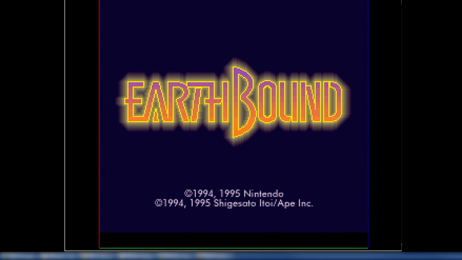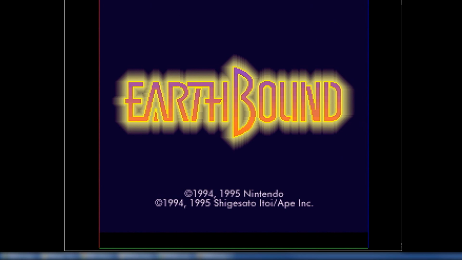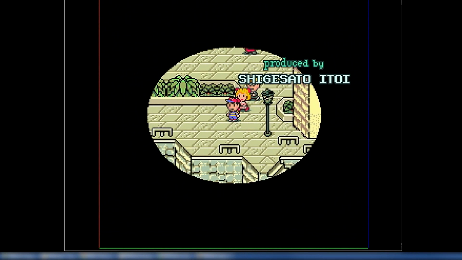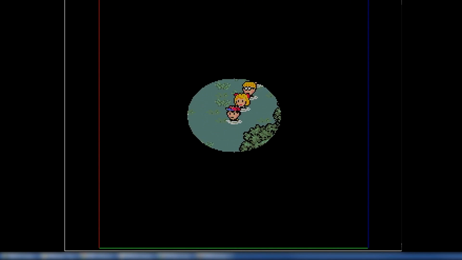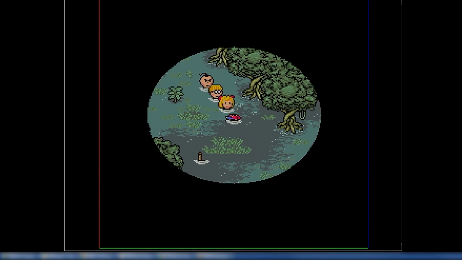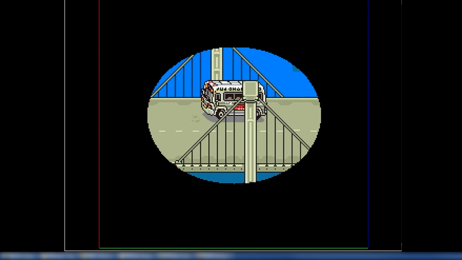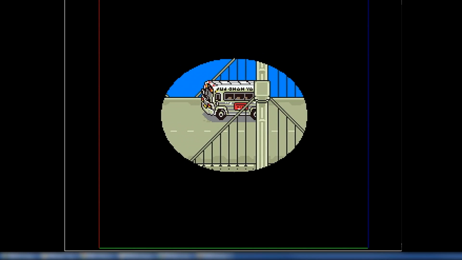Come on, come on, come on. Okay, so that is obvious windowing right there, so disable windowing, and it makes them disappear. So disable windowing. Right, so you get the idea, but